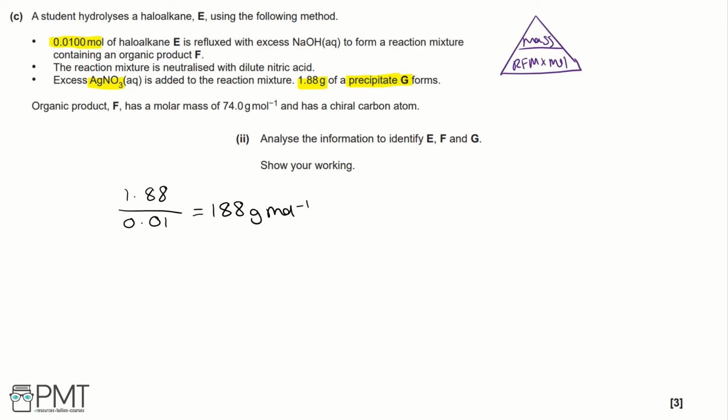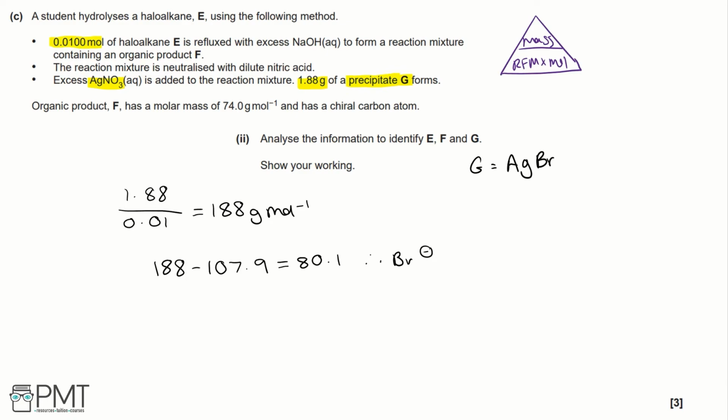So this is the relative formula mass of precipitate G. To work out what the halogen is, we need to do 188 minus 107.9. This is the relative formula mass of silver. That gives us 80.1, which means we've got bromine present, because this is the relative formula mass of bromine. So therefore we've got a bromide ion with a silver plus ion. So G is equal to